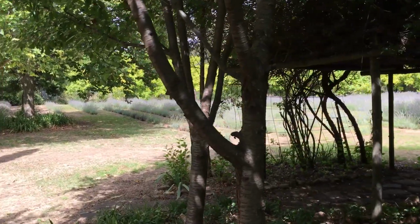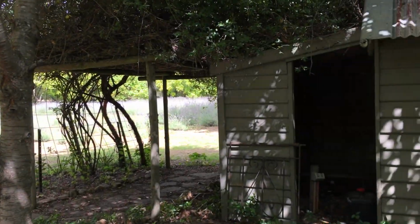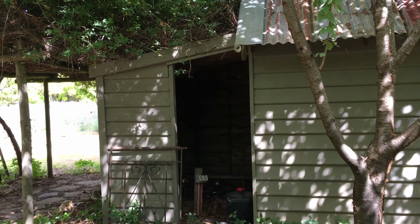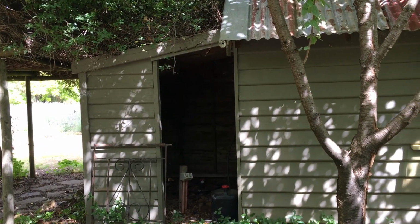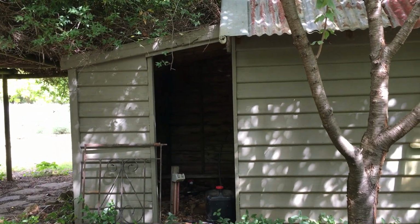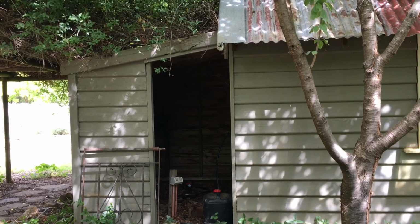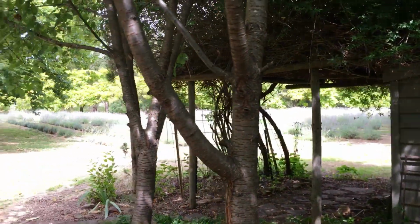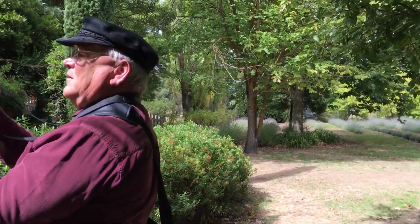But once again, look here. Now, this should be covered. Can you guys see those power things there? Shouldn't that have a door on it or something, just to make it look a bit better? And they've got the fuel tanks sitting there. It really just doesn't look cared for, you know. Such a shame. So if anyone's coming to see Lavandula,